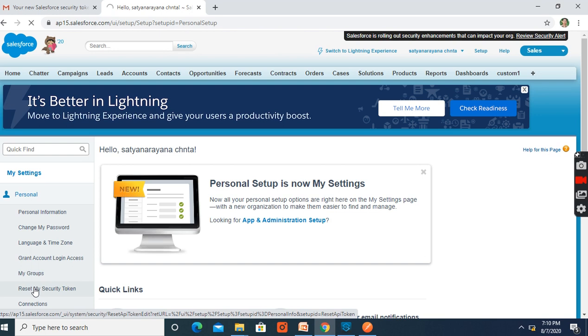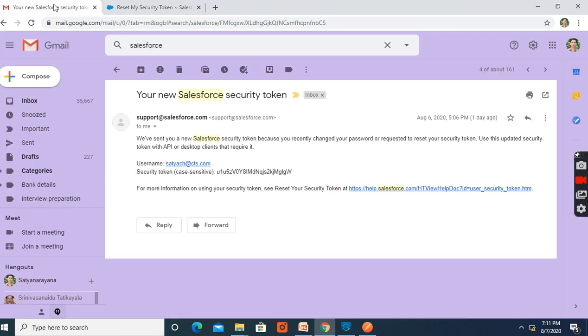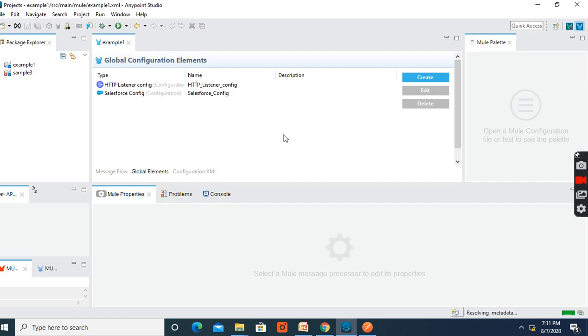Click on this option and you'll get the reset my security token page. In this we have a button called reset security token. Click on this button, it will reset the security token, which will be notified to your registered email ID. Once you click on that, you will get an email from Salesforce with details like username and security token. Copy this security token, keep it somewhere, and paste it in the query configurations.